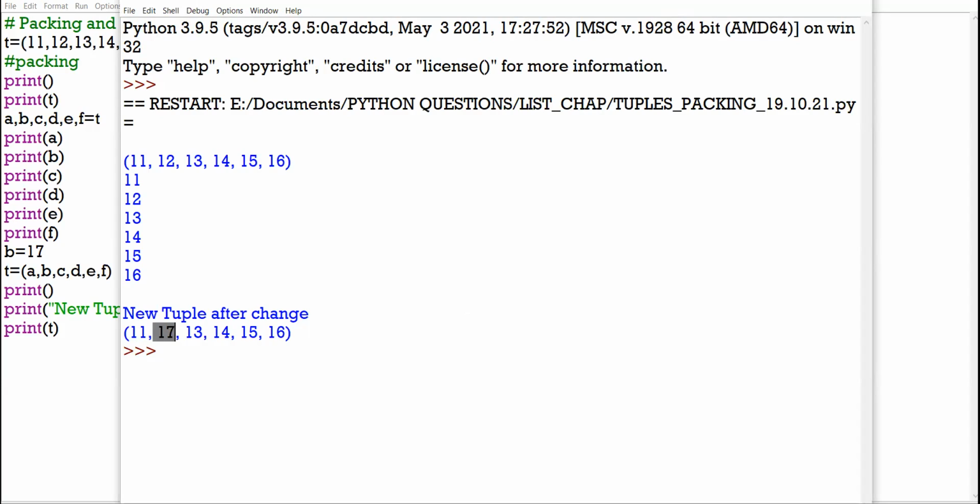This is how indirectly you can make assignment in the tuple. First you pack the tuple, then you unpack the tuple. While unpacking, you can change the desired variable. I show the coding.